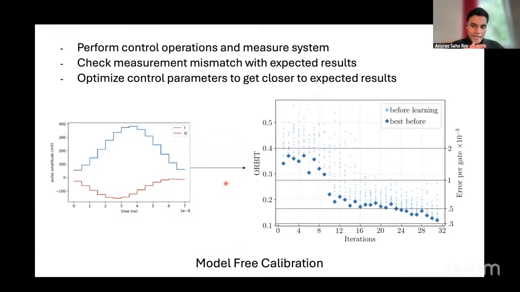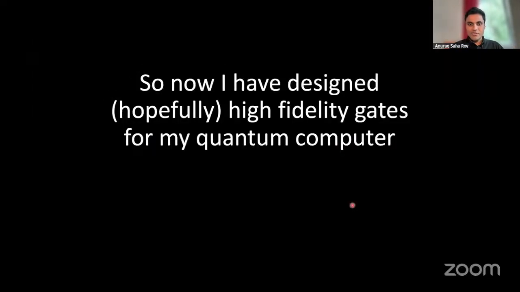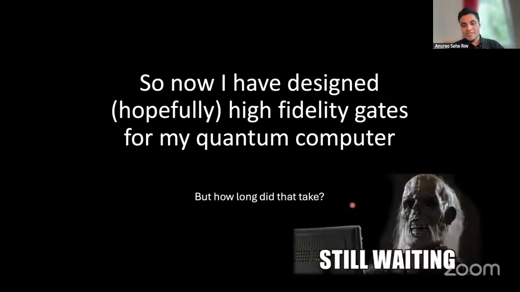So now you again calibrate the gate on the hardware, where you run this kind of calibration process on the hardware. You run a gate on the hardware, see the result. Okay, it was bad. Run it again with some other parameter, get the result, run it again, keep doing this loop until the infidelity gets very low. As you might have seen, this is a very tedious process, which is what I've been talking about, that this is not efficient. You have designed high fidelity gates, but the question is, how long did it take? Because what I described seemed like a very, very involved process.